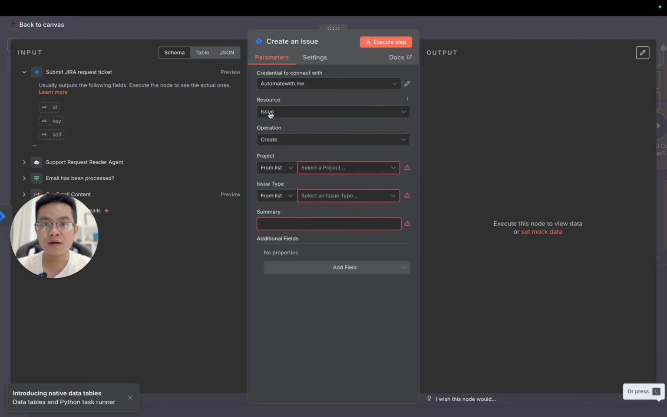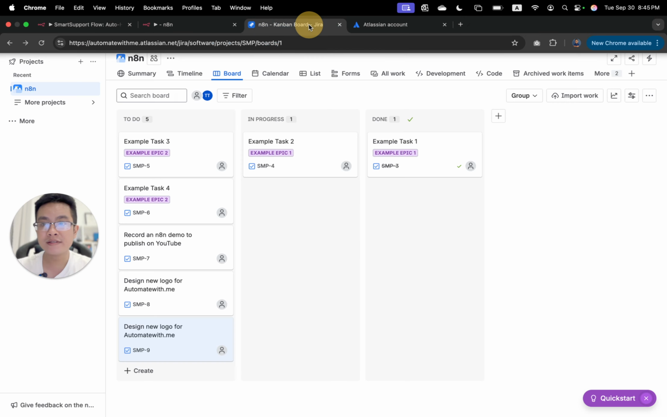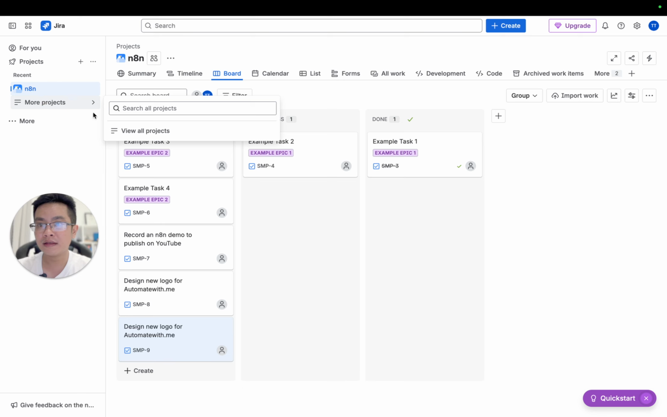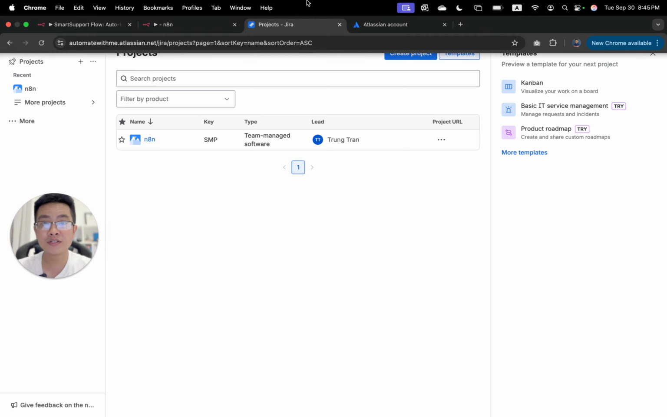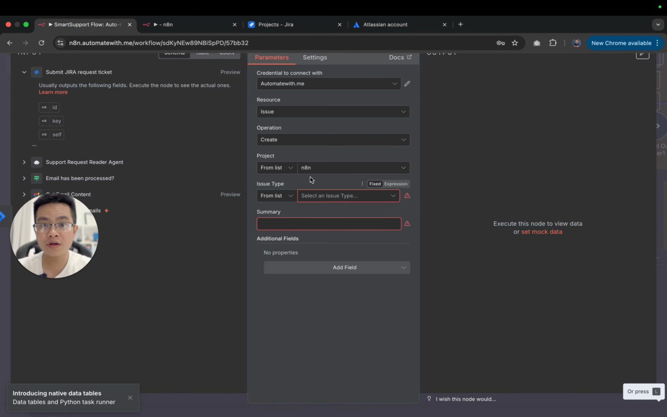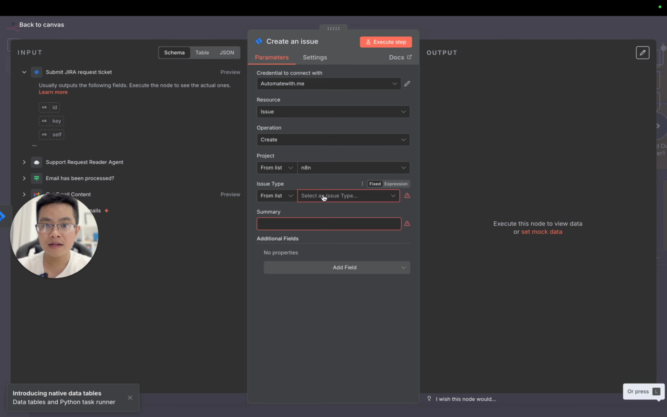Okay, so the resource will be issue, the operation will be create, and then for projects we can select from list, the easiest one, right? And then I have the project n8n. Okay, so in Jira I have all the projects, and I have only one, right? This is the n8n project, so it will show only one project here. And then the issue type can be epic, subtask, or task, right? And then for the summary,